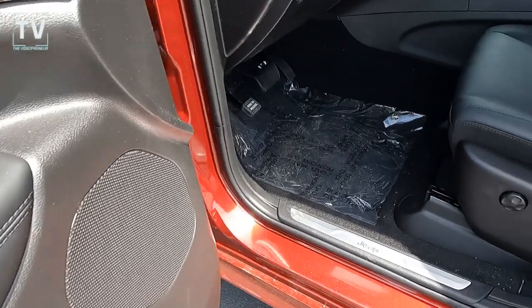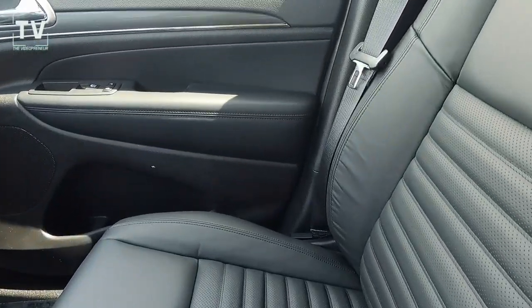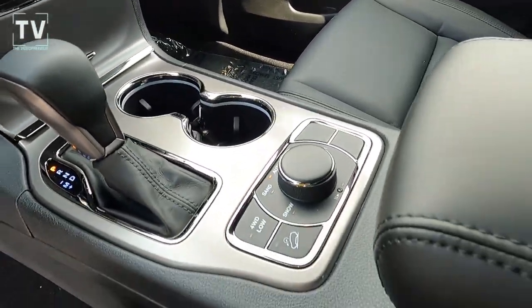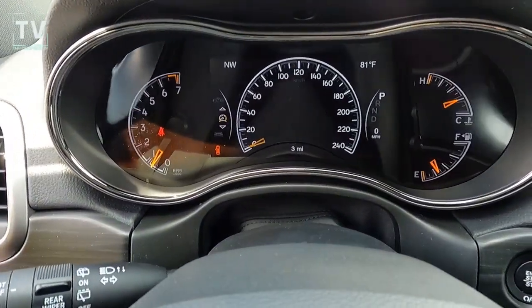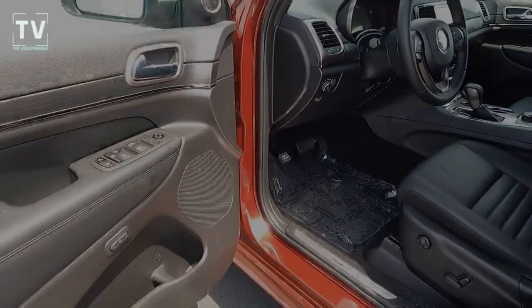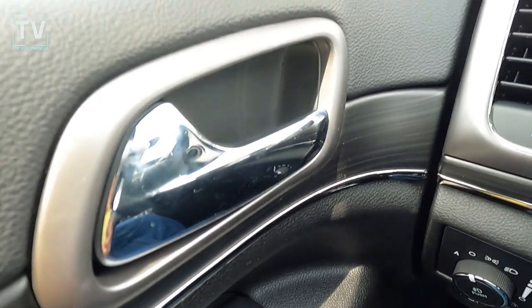So here's the driver's perspective, or the driver's side. One touch up and down windows, power side mirrors as we mentioned. Select terrain system, Quadra-Trac four-wheel drive, ParkView rear backup camera, ParkSense rear park assist with stop, instrument cluster, paddle shifters. It's a manual tilt telescoping steering column. Sport mode, keyless entry and go. Again, one touch power up and down windows, power side mirrors,